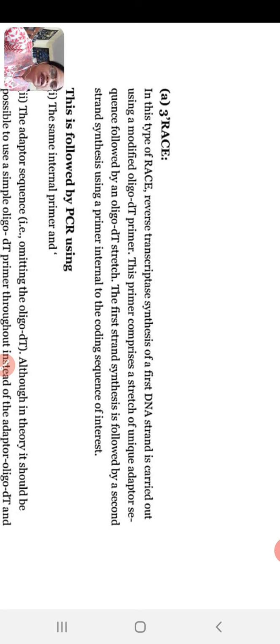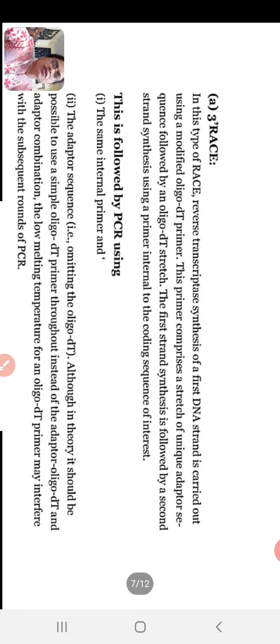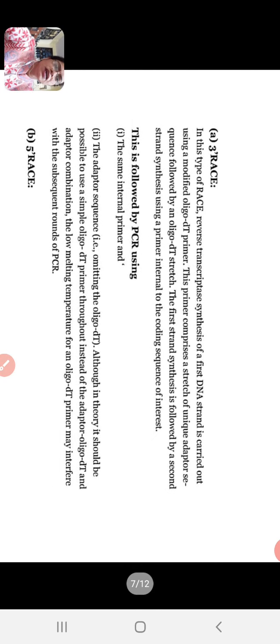The first strand synthesis is followed by a second strand synthesis using a primer internal to the coding sequence of interest. This is followed by PCR using